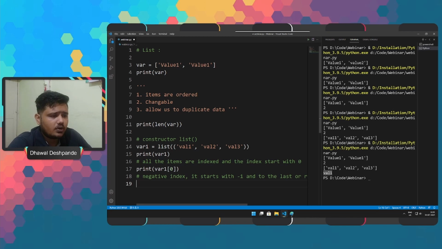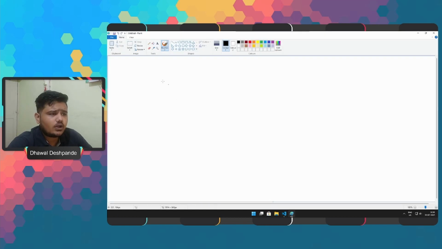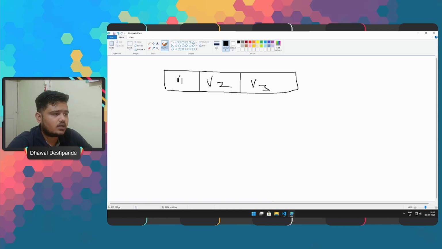So let's move on to Paint to understand how we do this, right? So when we talk about a list, let's say this is our list, and it has 3 values. So this is value 1, this is value 2, this is value 3, right?